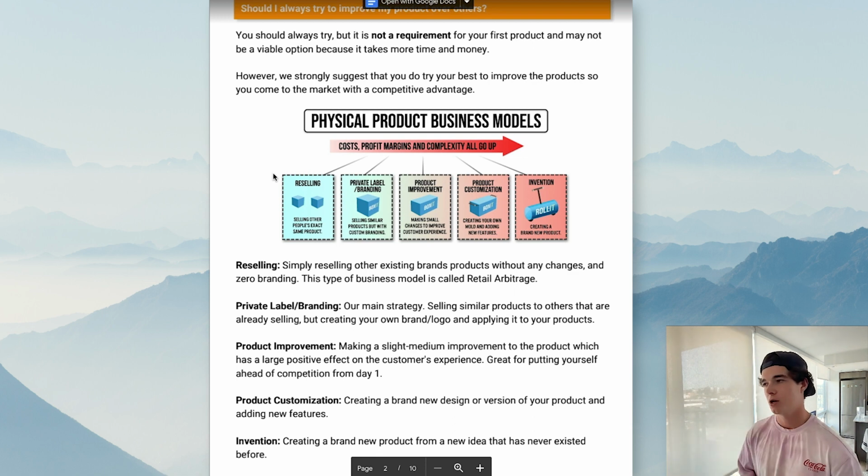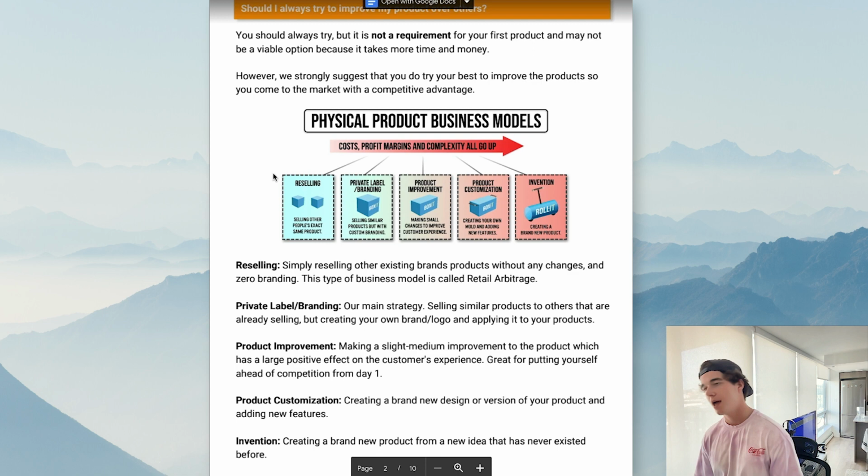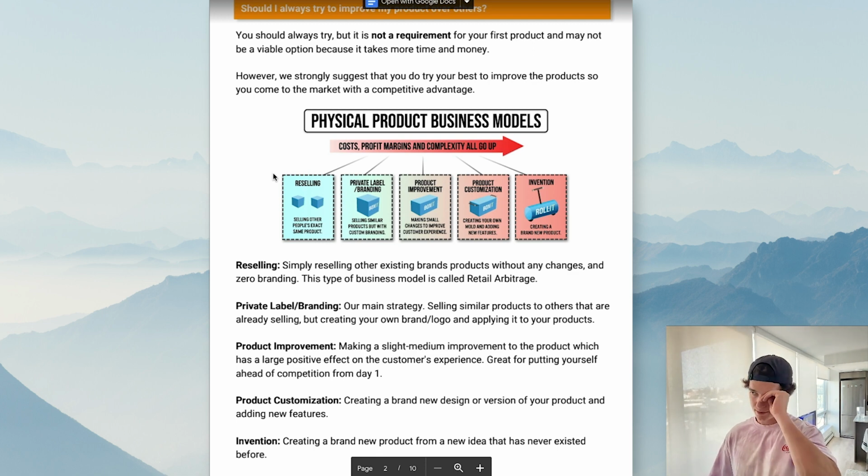And then we have invention. That's starting something from brand new that you can potentially patent. You would want to talk to a patent attorney to see if any of your intellectual property can be covered and if your product can be patented in any way. There are ways to get around patents when it comes to products. However, you are going to want to consult a patent attorney on that. So without further ado,